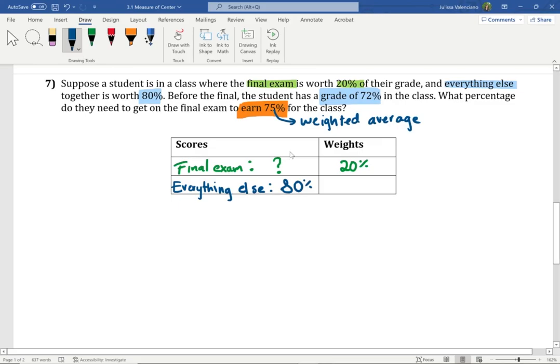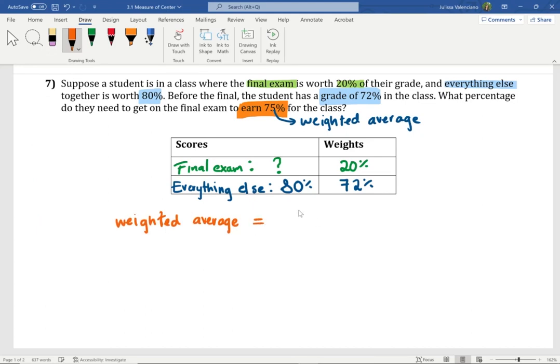Not, the weight for everything else is 72%. So for everything else, we do have the data value, which is the score, and we do have the weight. For the final exam, we don't know what the score is. Now we know that the weighted average is equal to 75%.